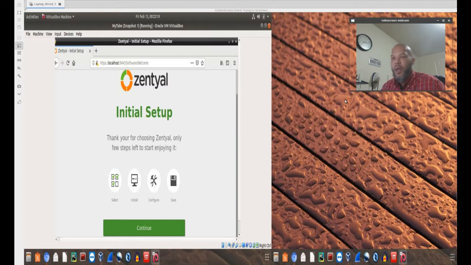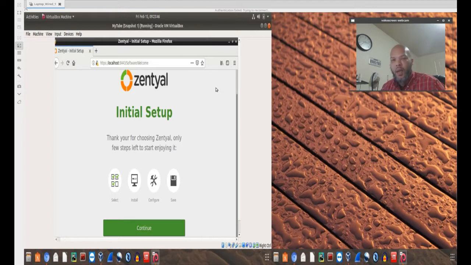This is Be With TV, where we talk about everything, various different Linux technologies, what they are, and how to use them. Today, we're going to be talking about this server operating system that you see here on my screen, Zentyal. We're going to be talking about some of the new features, initial configuration. We're going to step into setting up a VPN. What is a VPN? The purpose of it, setting it up,